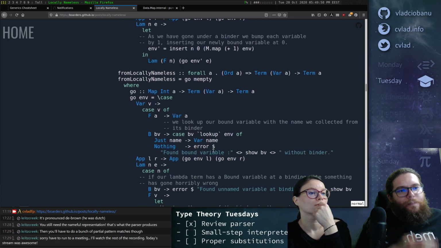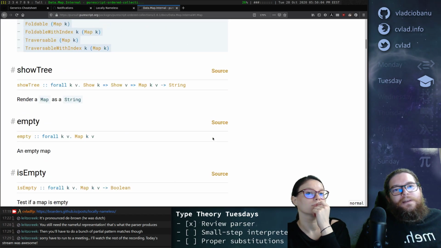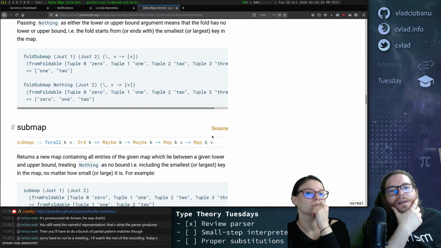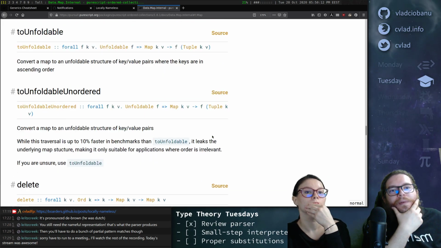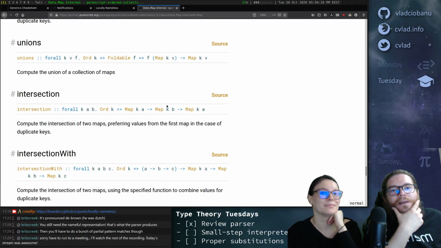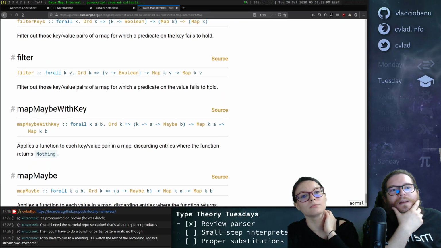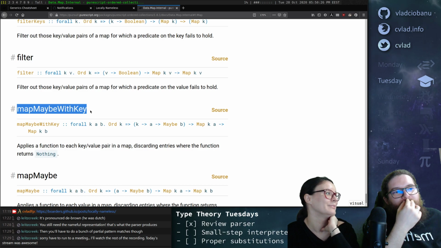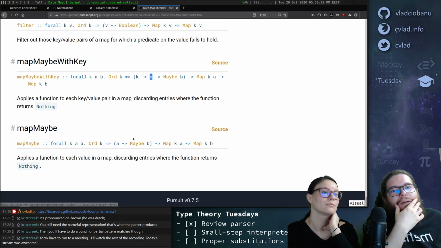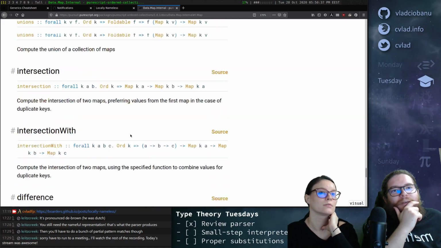Is there a map key here? Yeah, map key is monotonic, right? So I need to find if there's a function like that here. And we really hope there is. From, to, delete, pop, member, alter, keys, filter map, no. I mean, wait, and this changes the value anyway. No. Whoops. We don't have a function to map keys.